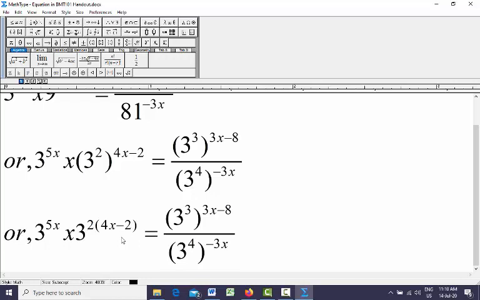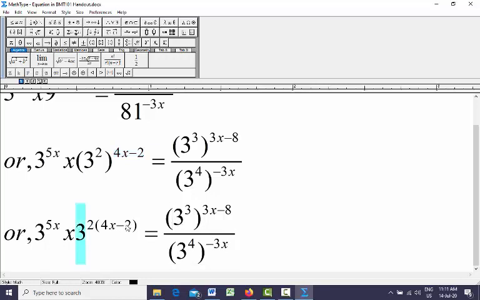So we can write it like so. Now you pay attention, you can see these two will get multiplied by 4x minus 2. So similarly here also we will have